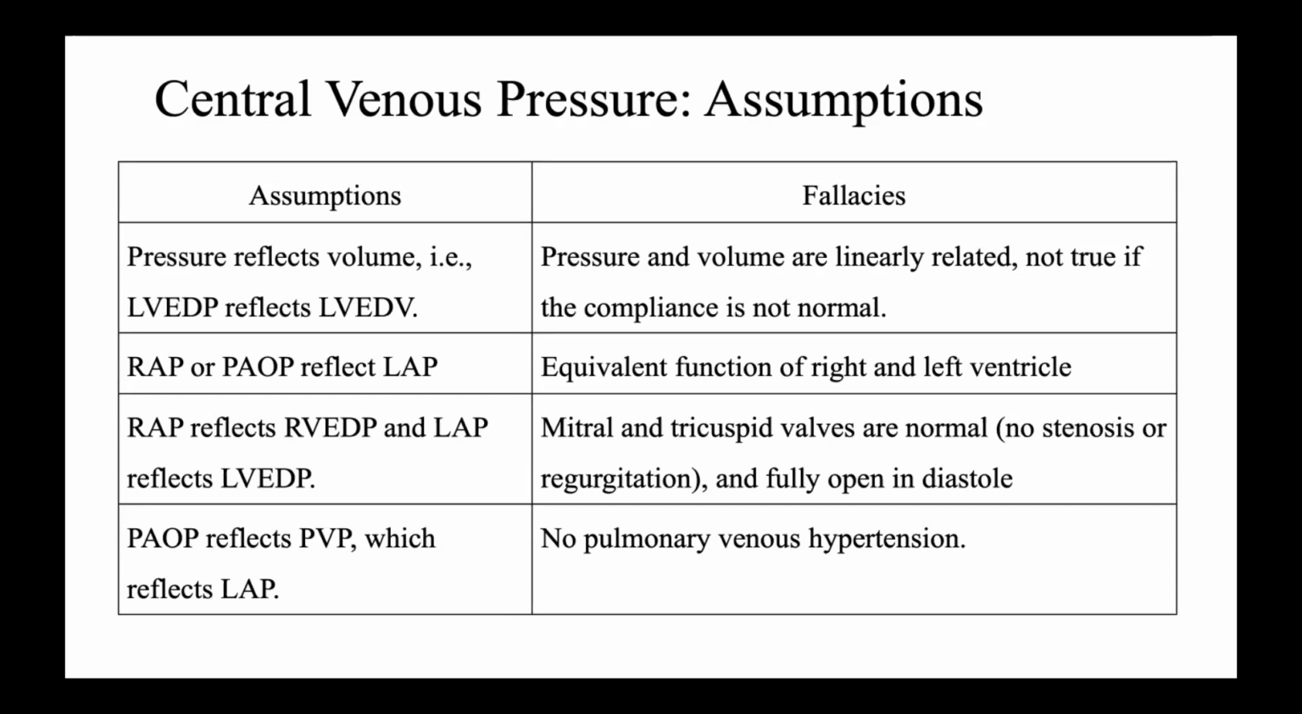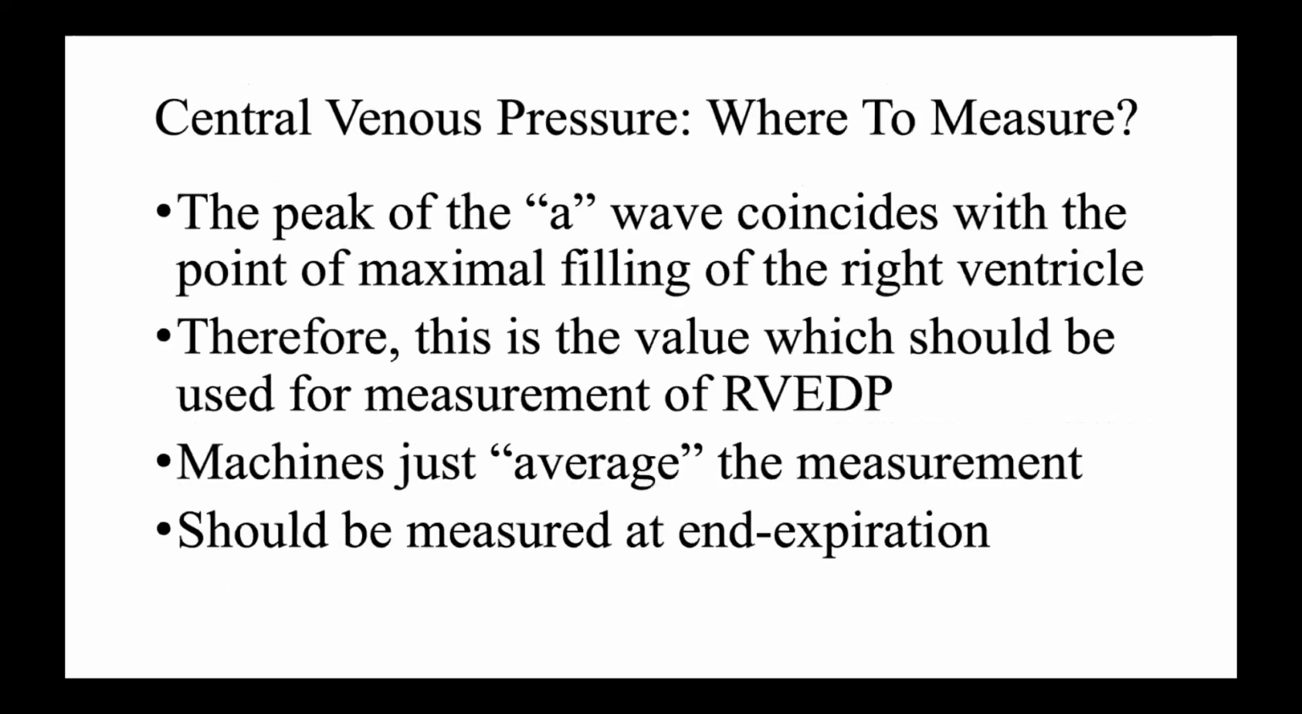We also assume that the pulmonary artery occlusion pressure reflects the pulmonary venous pressure, and here the assumption is that there is no pulmonary venous hypertension. So, if all these assumptions are true, then central venous pressure probably reflects the left ventricular end-diastolic pressure. The other question is, assuming that the central venous pressure actually reflects the volume status of the patient, if there are inaccuracies of measurement, then we will be led astray, and therefore we must be sure where to measure